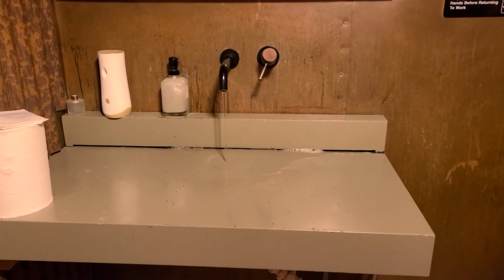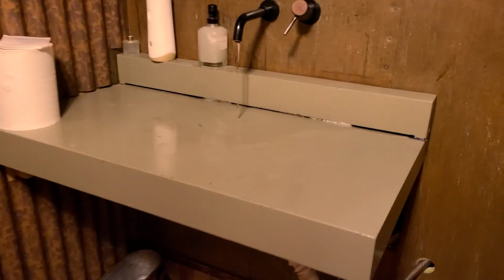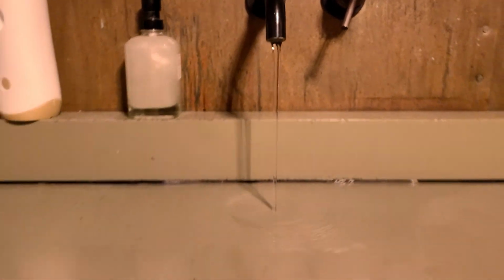So this is the bathroom sink at the Maguey Mexican Restaurant in Salem, Indiana. What this is basically is a table, and the way it's designed is so the water flows into like a drain channel. You see the water faucet is on, it pours out of there onto what looks